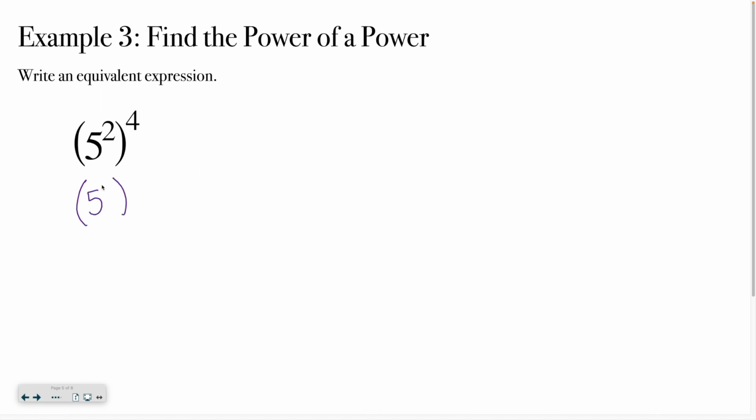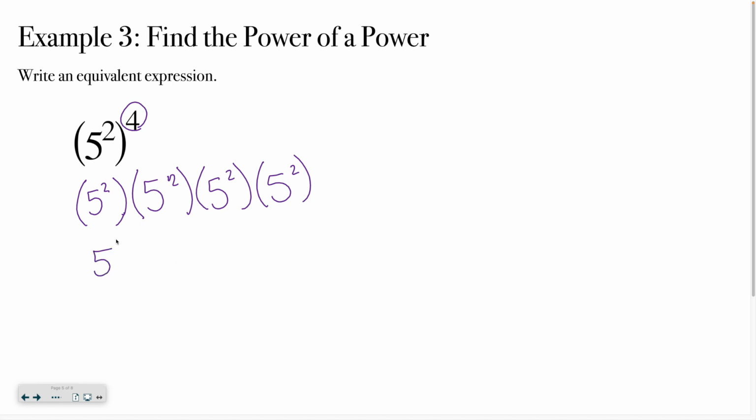So I have 5 to the second inside those parentheses, right? And then see how that 4 is outside? That tells me I have 4 sets of these parentheses. So it would look something like this. And then another way of writing it without parentheses would honestly be just to rewrite it with multiplication symbols